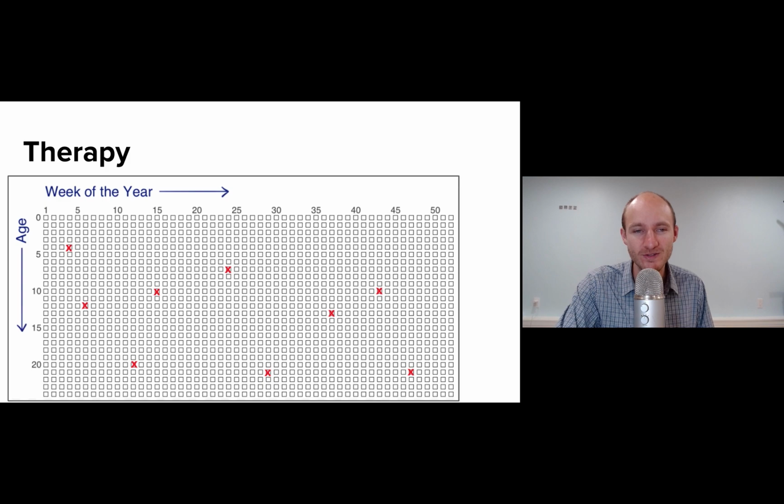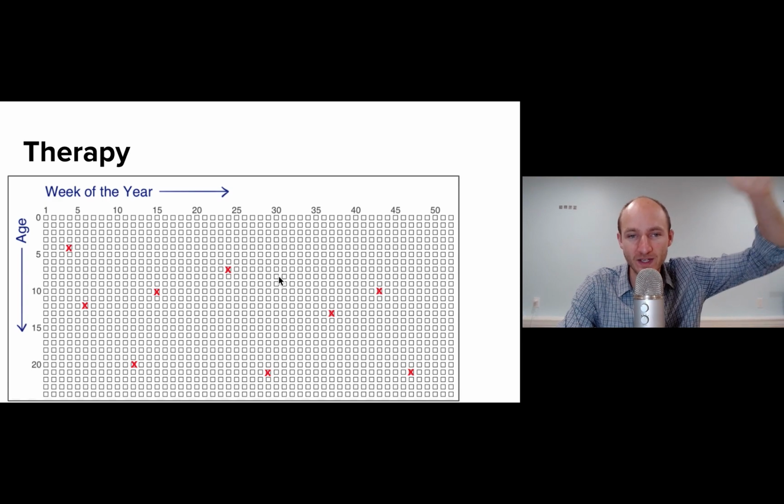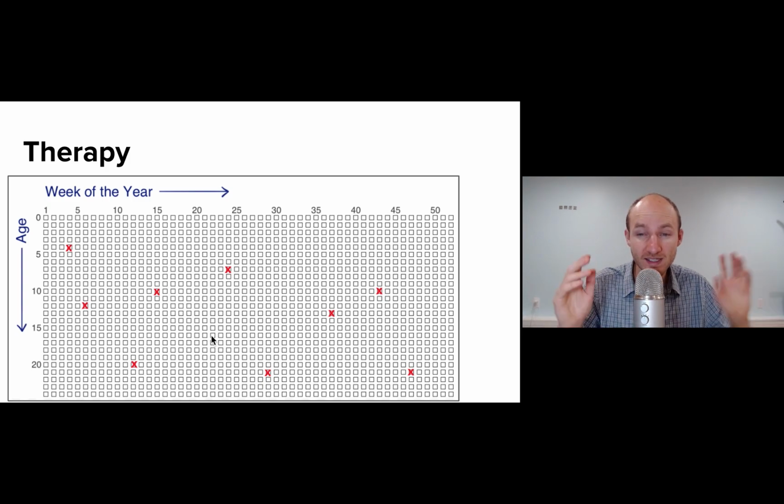Therapy allows you to look at your life. This is just a little graph of your life, and each row is a week in the year, 52 weeks per year with these little boxes, and you go down by age, so age 0, age 1. What therapy is like is looking at your past and seeing these formative moments and being like, whoa,